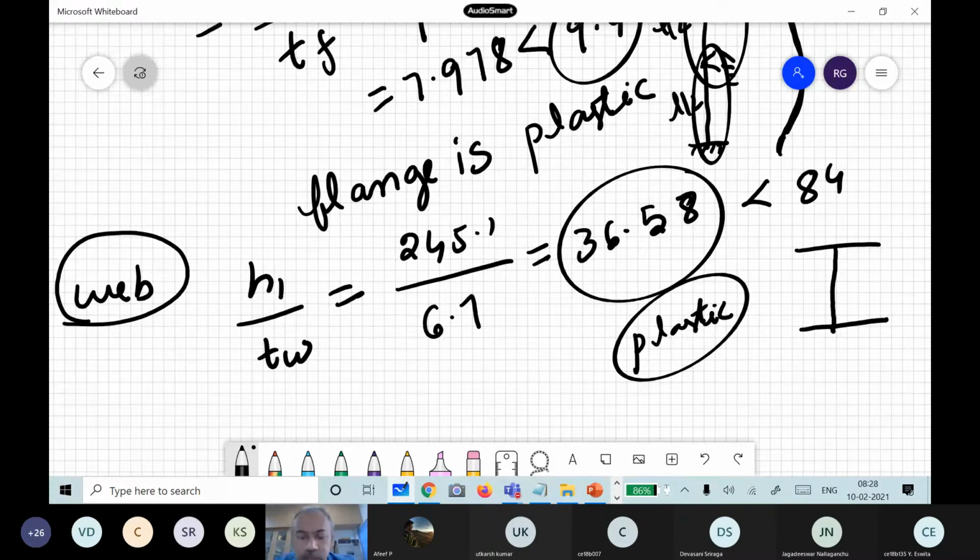Sir, how can we tell about global buckling? We don't know the slenderness ratio, right? No, that is fine. The slenderness, what you told is correct only. But overall, just a comment actually. Now the flange is plastic and the web is also plastic. So what is your comment? If both are plastic, it can take loads until global buckling takes place. So maybe global.